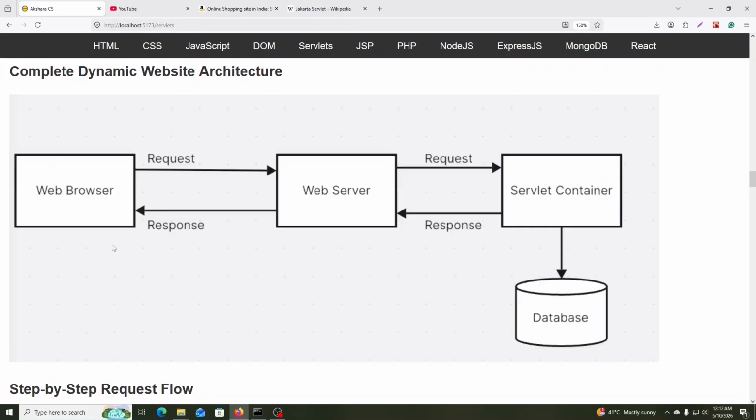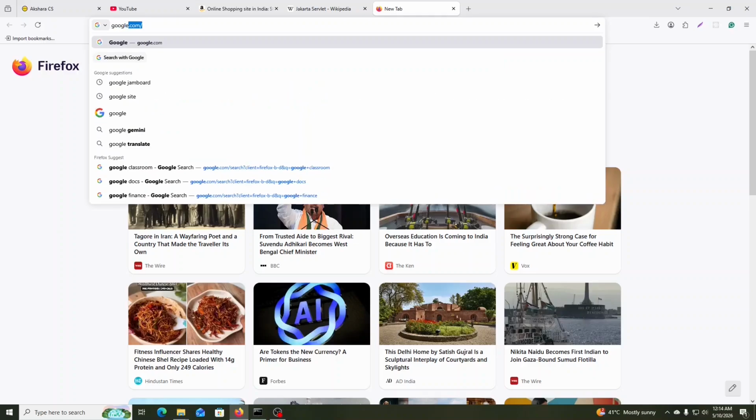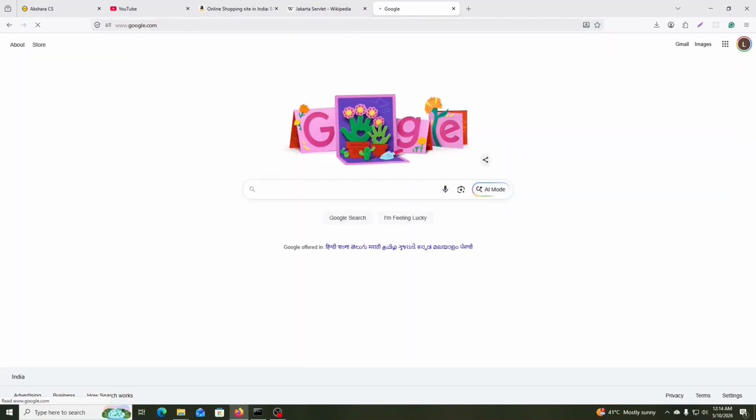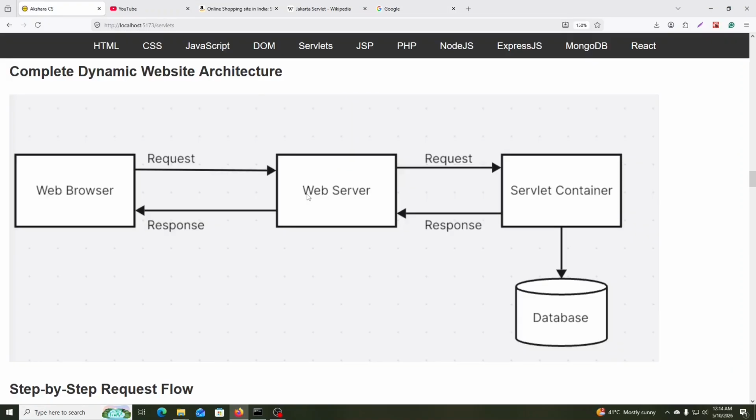Now let us understand the complete request flow in a dynamic web application. The browser sends a request to the web server. If we type google.com in the browser, the browser sends an HTTP request to the server. The web server receives the request. The web server checks the request type. If it is static content like HTML, CSS, images and JavaScript, the server directly sends the files. But if the request is for a servlet or JSP,